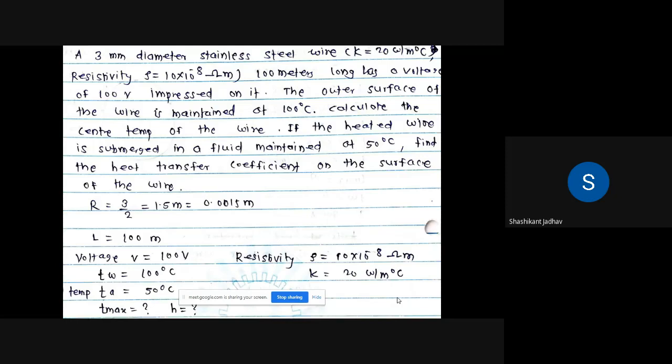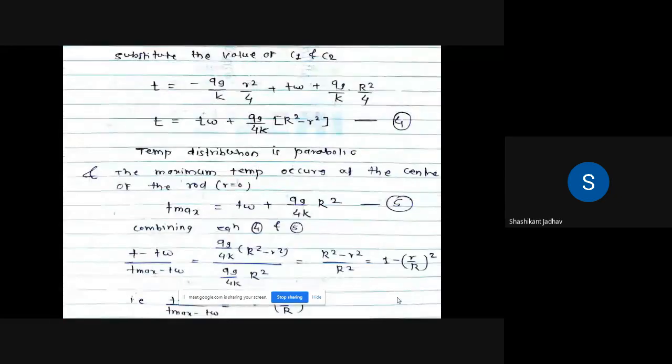So from this given information, we have to decide which formula we have to use, and by using that we have to calculate the value. So our aim is to calculate the Tmax. So first of all, we know what is the equation for the Tmax, then what is the equation which is related to the heat transfer coefficient. So we have to check which formula we have to use. So what are the different equations?